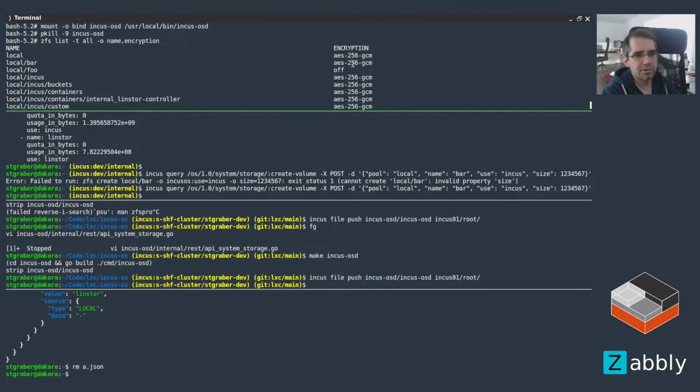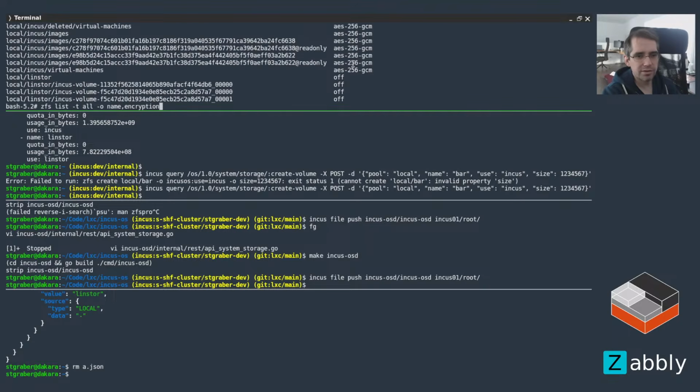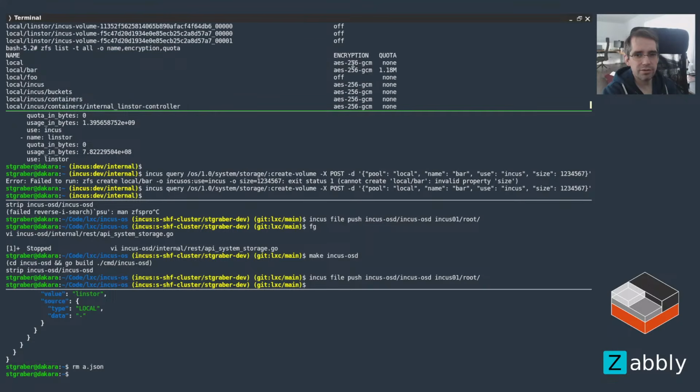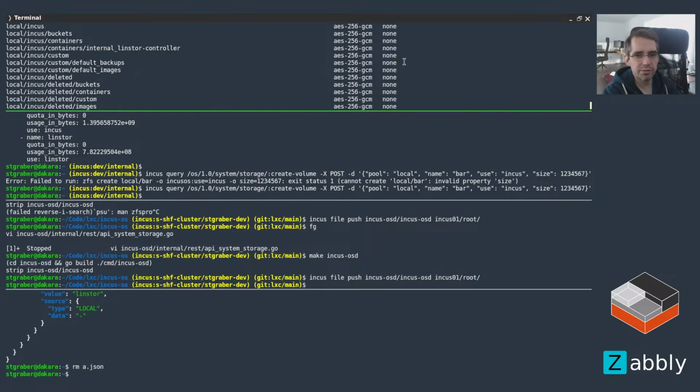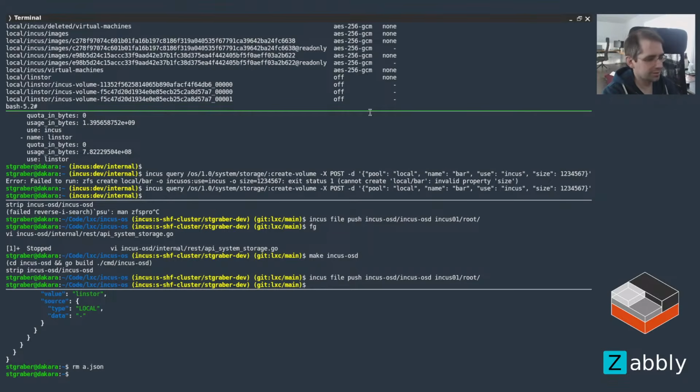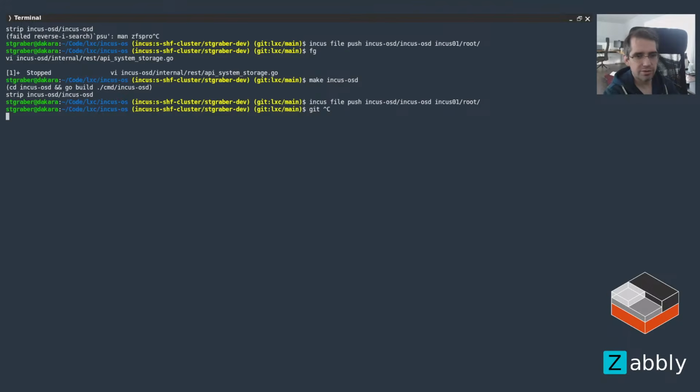Bar is encrypted. Yay. And if we go look at quota values, it should have a quota. Yep, all good. Tiny one, but that's what that value expands to. So that's fine, we're good. Then the only thing that's left is deletion. So let's just